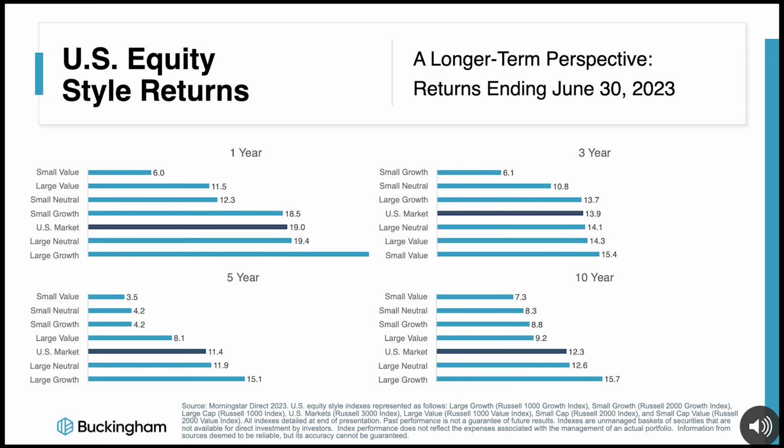Consequently, we expect that portfolios that have a small value tilt, such as those we typically design for our clients, will have underperformed portfolios that are market cap weighted or tilted to large growth stocks at these longer time horizons. Keep in mind, however, that very long-term evidence demonstrates that on average, small stocks outperform large and value outperforms growth. But size and value factors can still go through extended periods of underperformance like those shown above.